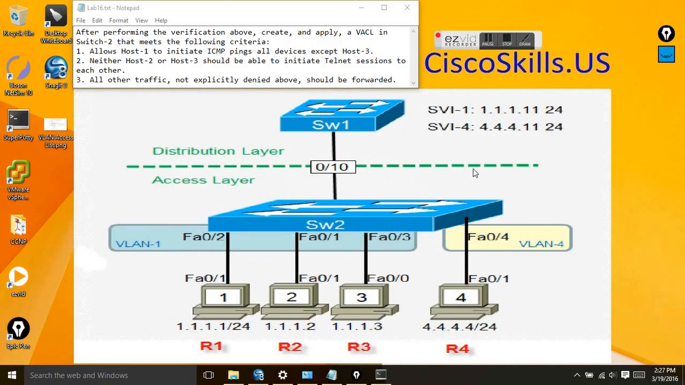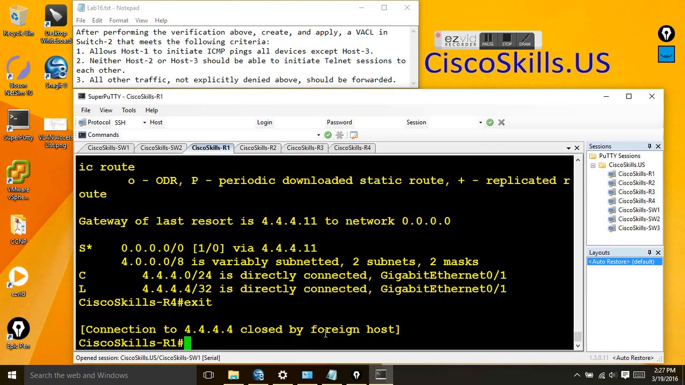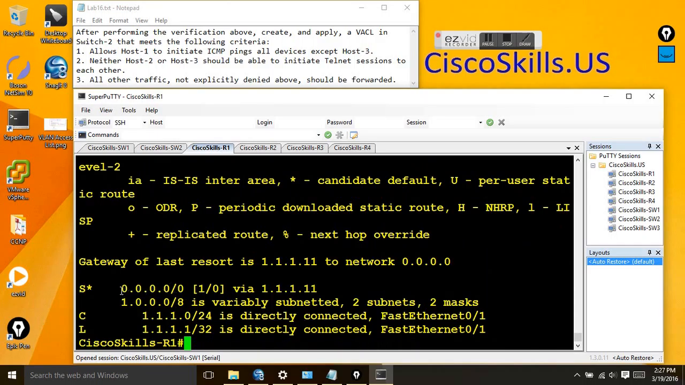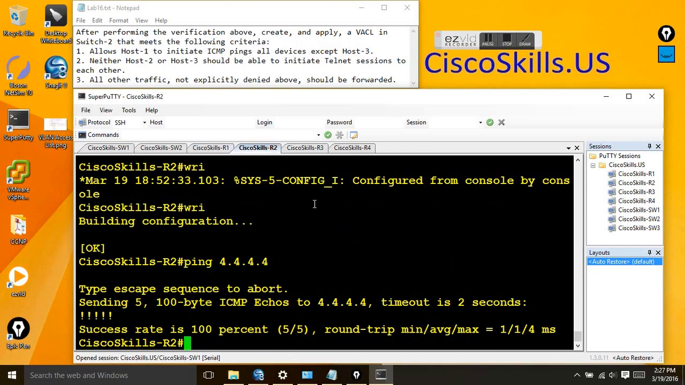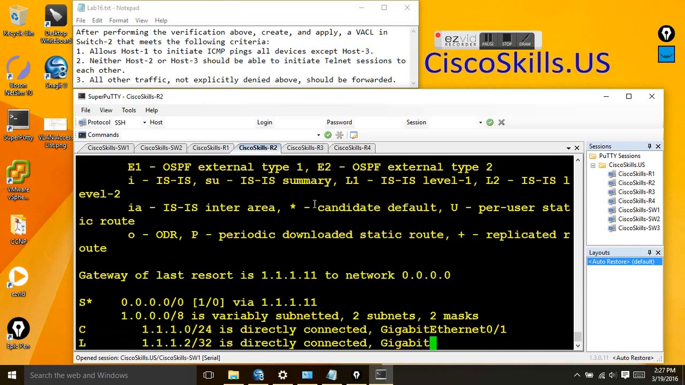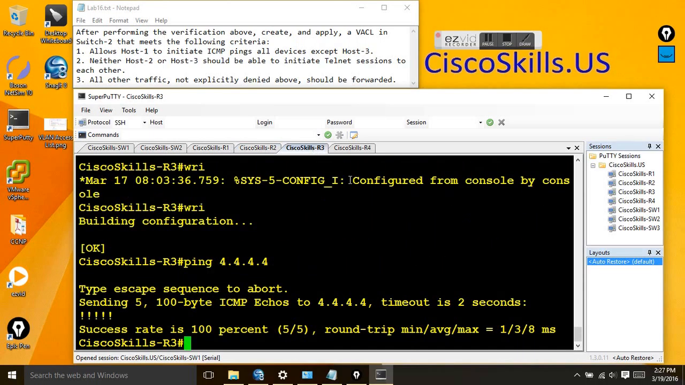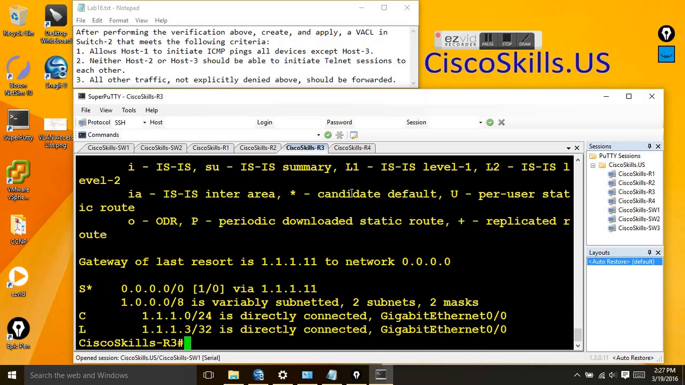As you can see, routers 1 to 3 have a default gateway of 1.1.1.11. So what I need to do is add the default route. The default route for VLAN 1 is 1.1.1.11, and you can see it on router 2 also. Show IP route: 1.1.1.11. And router 3, show IP route. The default route is 1.1.1.11,